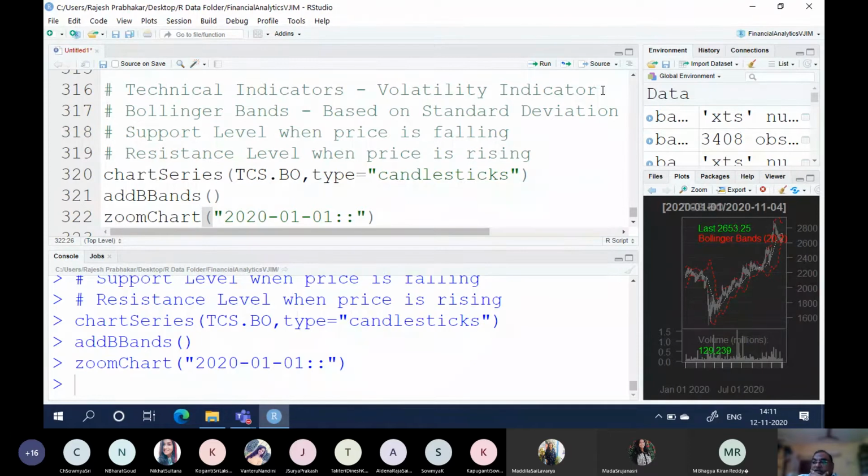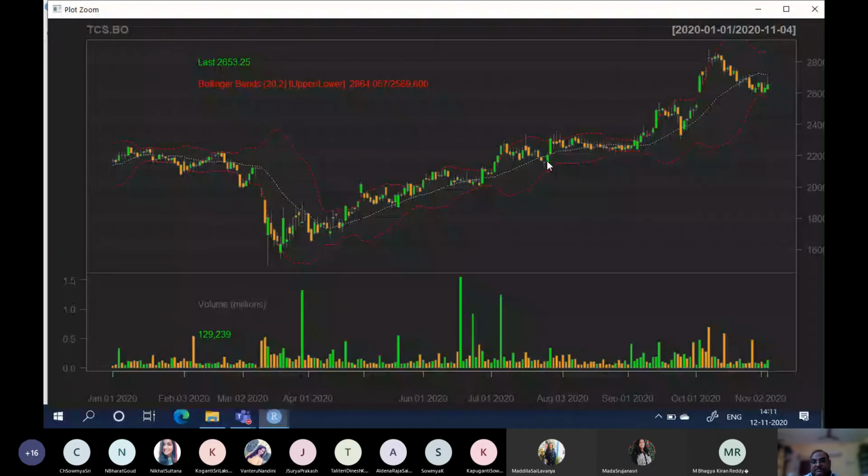What we do is, when the price is touching the outer line of the Bollinger Band, it may be due for reversal. See, trend reversals. Whenever it touches the outer line, then there is a reversal. Whenever it touches the bottom line, again there will be a reversal. Most of the time it will be the top resistance that it gives you. Touching support levels is very rare, but resistance is most important here.